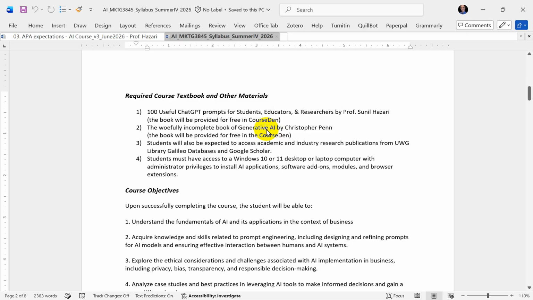And the main reason I selected this book was because of the title. The field of AI is moving very fast, so anything that you may learn this week may well be obsolete next week. So the book has several topics that give you the foundation, but then we will be using other research articles